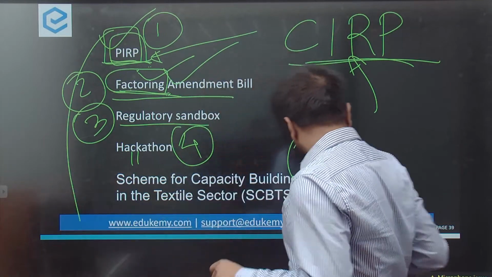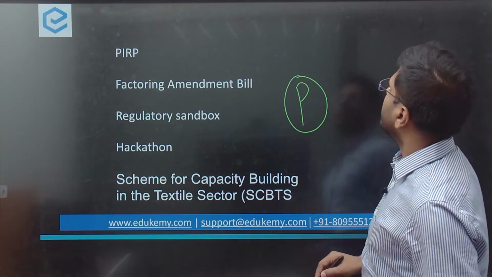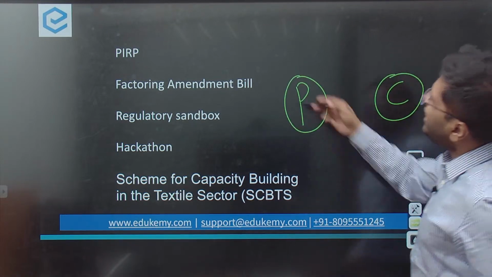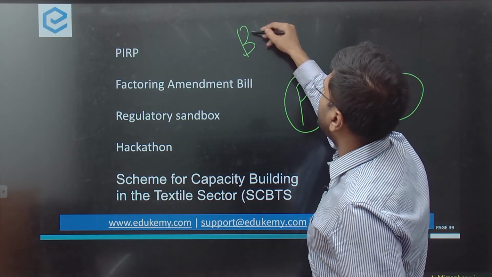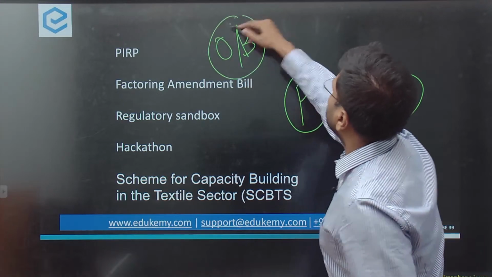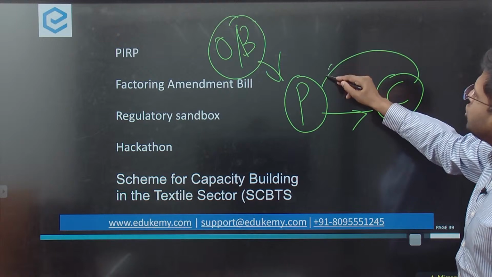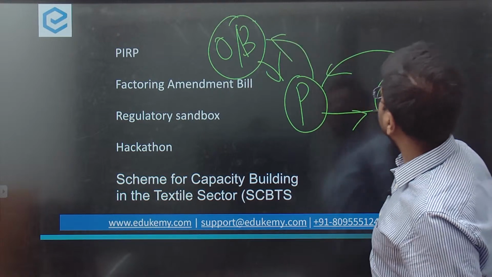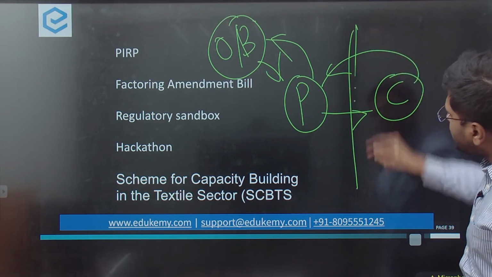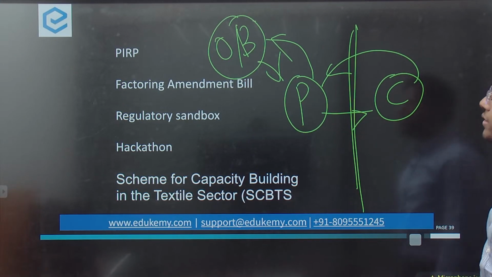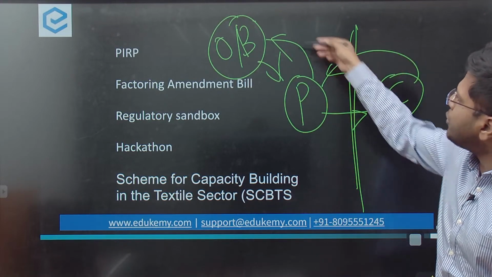For example, I am the producer. I am one party, and there is a consumer, and there is an organization from which I have taken the loan, suppose a bank. They provide me money. I produce the entity. The consumer pays me, and then I pay them back. There is a lag in this whole payment system. If this link has broken because of COVID times, how will I be able to create products? How will I get the payments? How will I return it back?